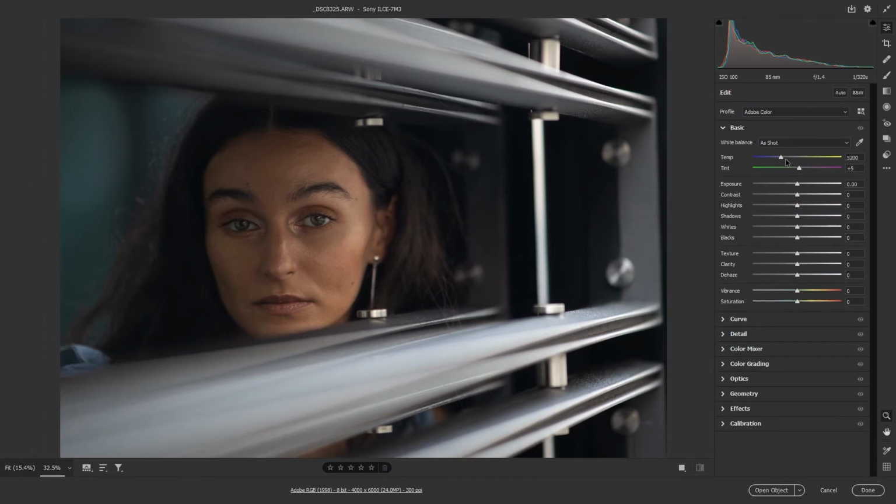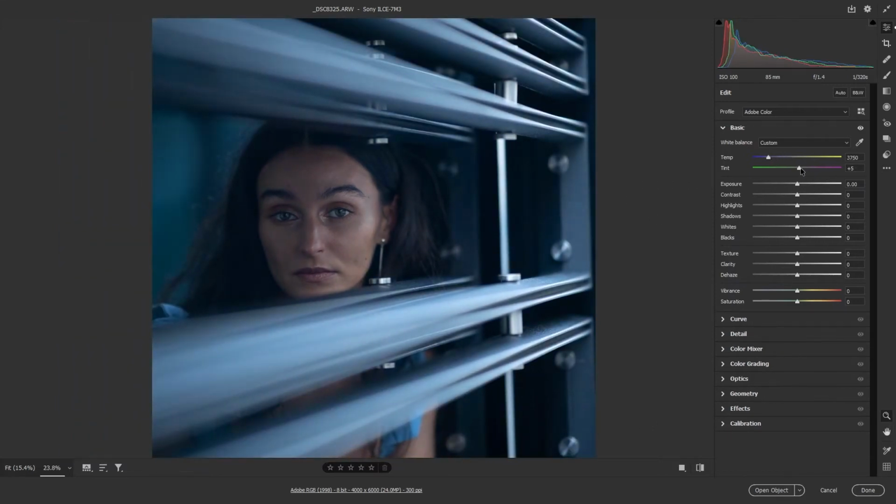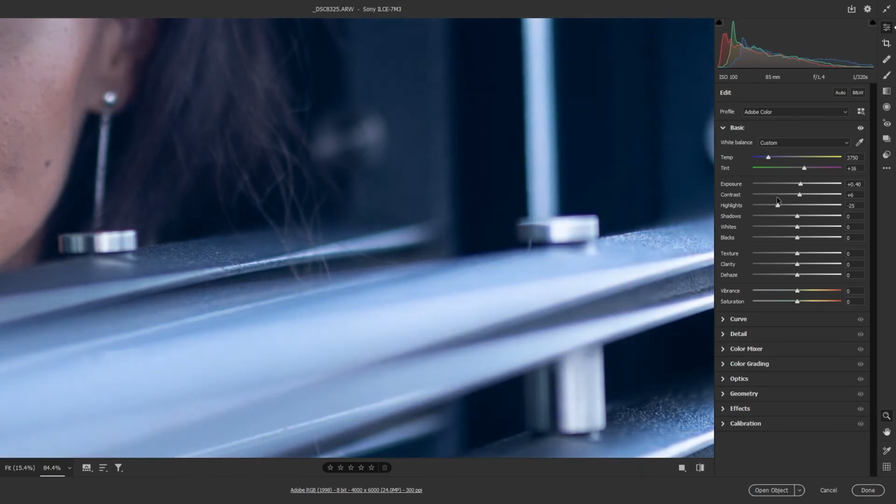For that we will go to the basic panel and play with the temperature slider. Just play with all the sliders here. I will go through them one by one. Let's make this image a little bit blue, and let's add a purple tint to the image. We'll also increase the exposure a little bit, increase the contrast. We'll decrease the highlights to bring back the details in the highlights, like you can see here. If you increase it, you will lose details, and if you decrease it, see, you are getting back the details in the highlights. So let's keep it somewhere around -80.